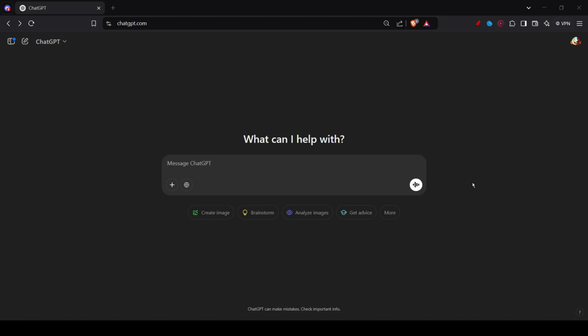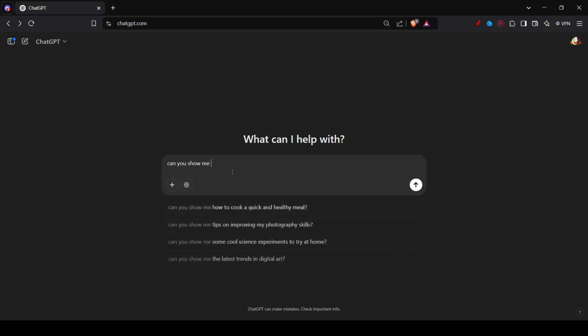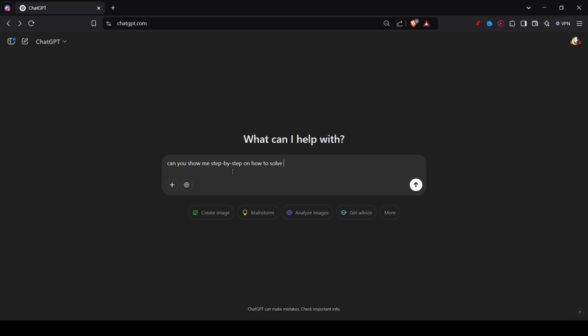You could also use step-by-step requests. So instead of just saying solve this for me, sometimes ChatGPT could just give you the answer straightforward, or sometimes it could skip a few steps in between and you might not be able to understand, right? So what you can do instead is to request ChatGPT step-by-step processes, clearly. So let's say an example could be, can you show me step by step on how to solve